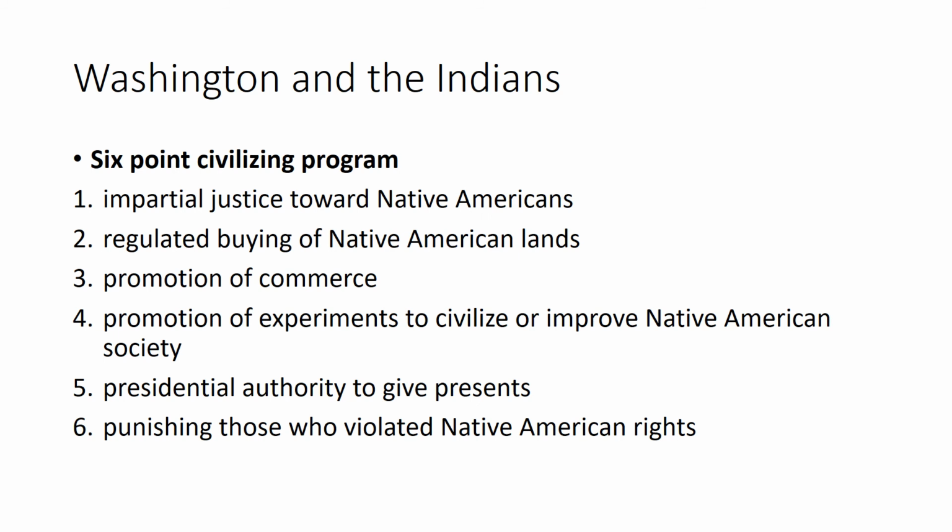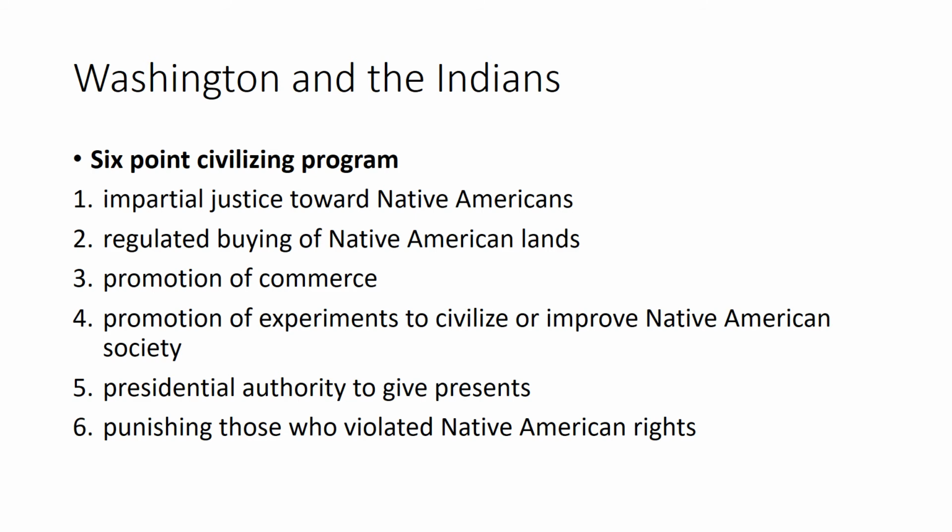Number two, regulated buying of Native American lands, and by regulated, that means controlled by the government, not left willy-nilly to individuals. Number three, the promotion of commerce, that is, trade with the Indians. Number four, the promotion of experiments to civilize or improve Indian society. And that's going to particularly include providing them with European-style farming implements and teaching them to farm, quote-unquote, the right